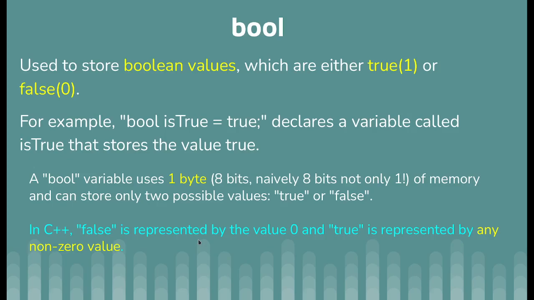In C++ we have casting, as I told you, and for Boolean values, every number which is not 0 would be casted to true, and only 0 would be casted to false. So if you make a Boolean equal to a number, the Boolean would be 0 if the number is 0, and would be 1 if the number is not 0. Even -1 would make the Boolean true.